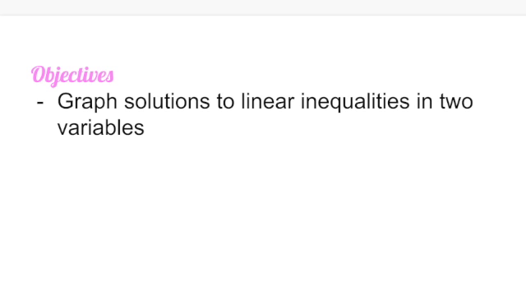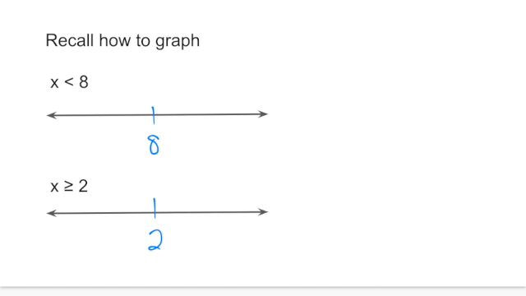In this video, we are going to graph solutions to linear inequalities in two variables. So first, let's just start with recalling how to graph inequalities. When we had just one variable and we wanted to graph x is less than 8, we would have an open circle at 8 because we're not including that value, and then we would shade to the left because that's